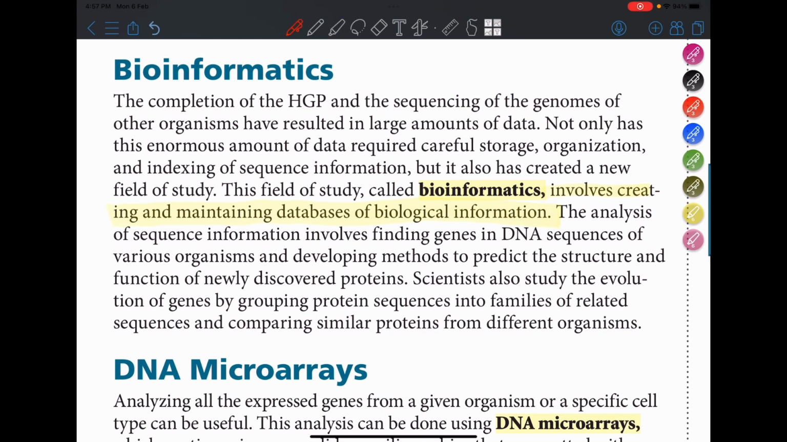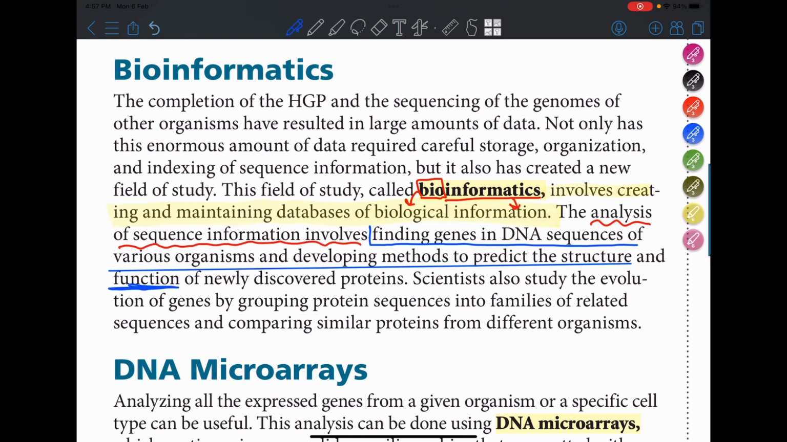If you break the word down, bio means biology, biological, and informatics is information. So this is a field of study where we create and maintain databases for our biological information. The analysis of sequence information involves finding genes in DNA sequences of various organisms and developing methods to predict the structure and function